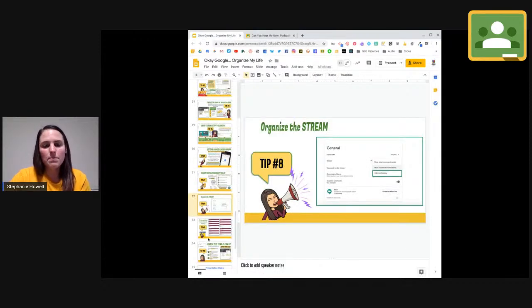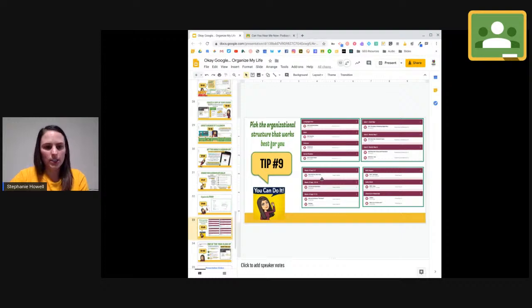The next tip is talking about organization. This is huge to think about right now. How do you want to organize your classroom for next fall? Do you want to organize it by subjects? Are you self-contained and you just want one Google Classroom with all of your subjects in it? That might be an idea. Do you want to organize it by the date? Do you want everything by a certain date? How is it going to be best for students to reach?